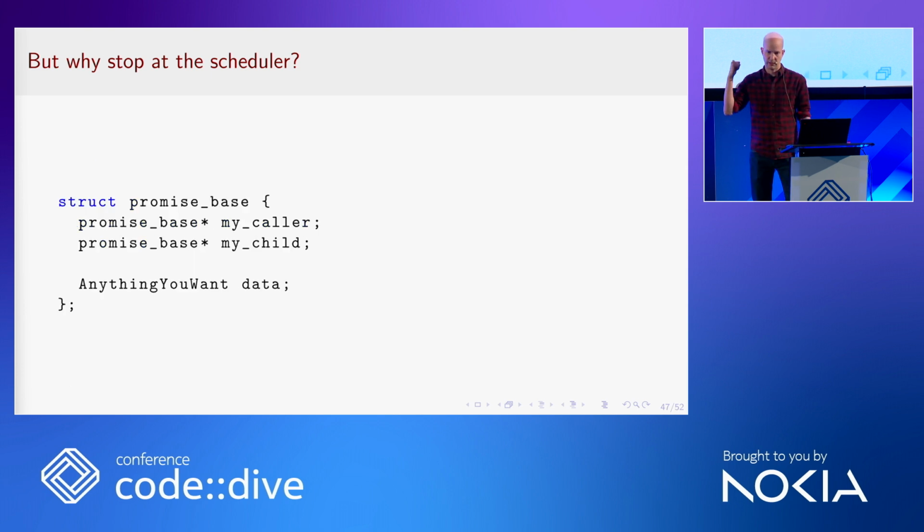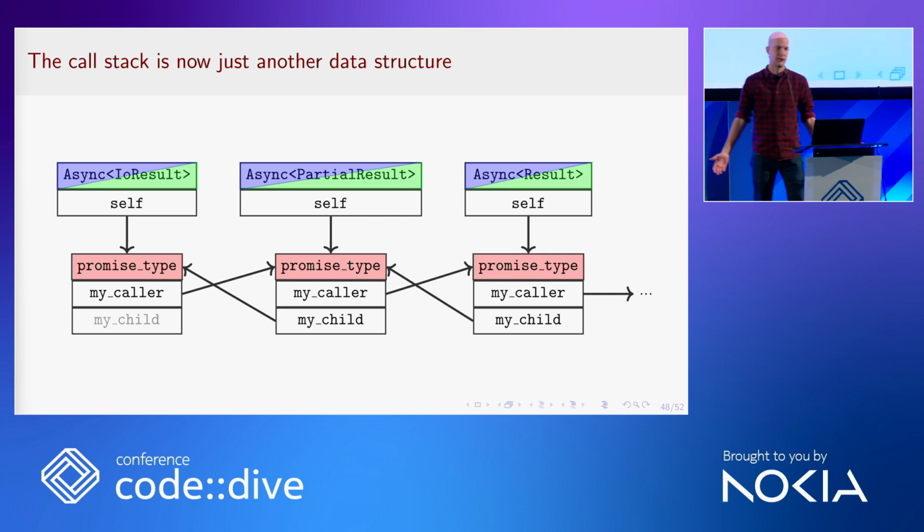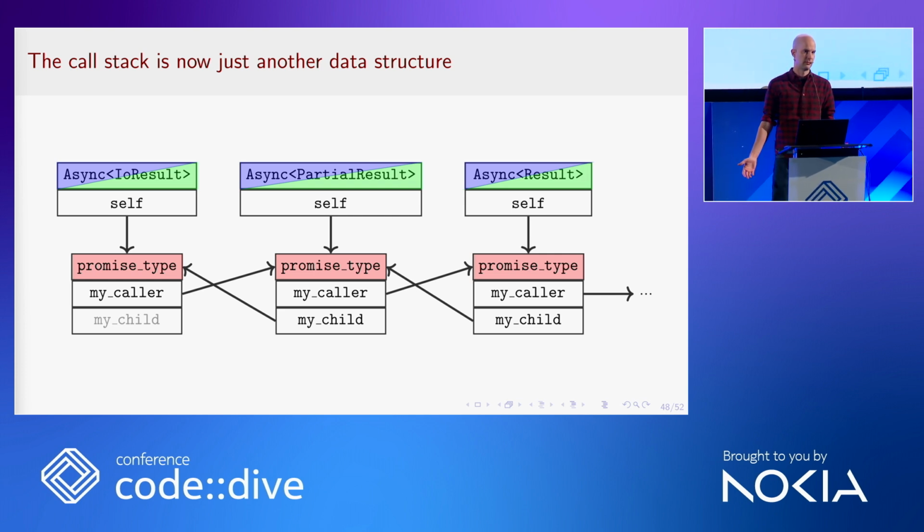And now you can really propagate any data that you want along your async task stack, because your call stack really now is just another data structure. And you control everything about that. So to give you one example of what the consequence of this is, because of the symmetric transfer that we're